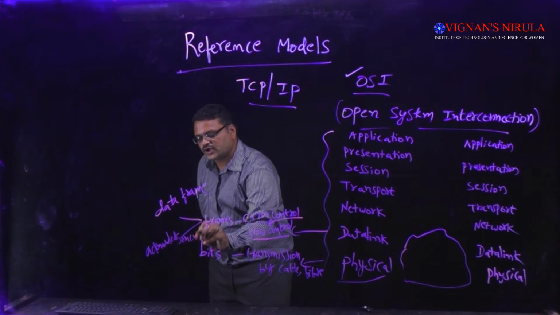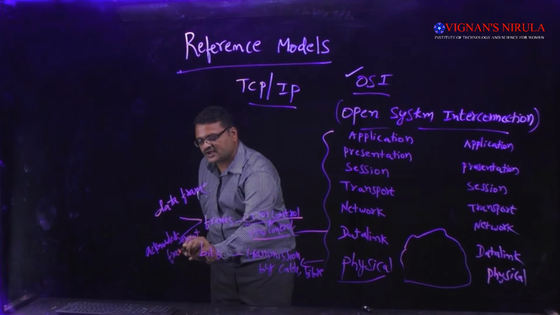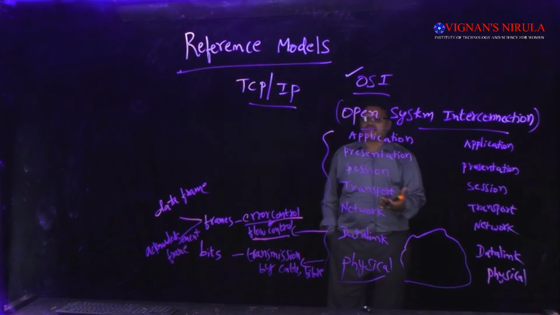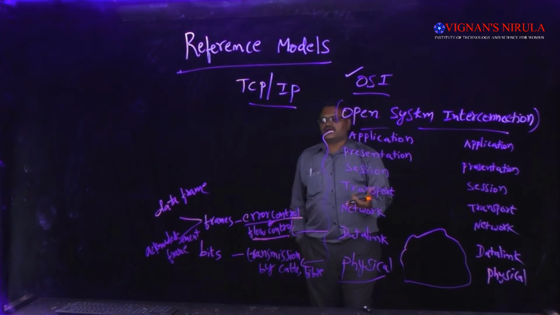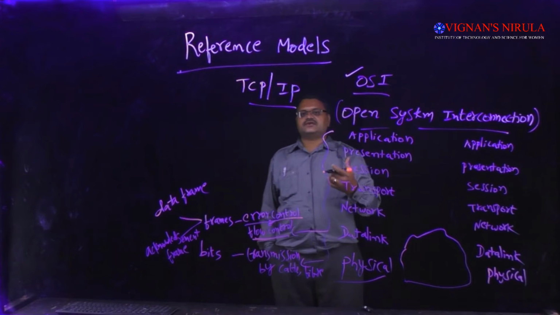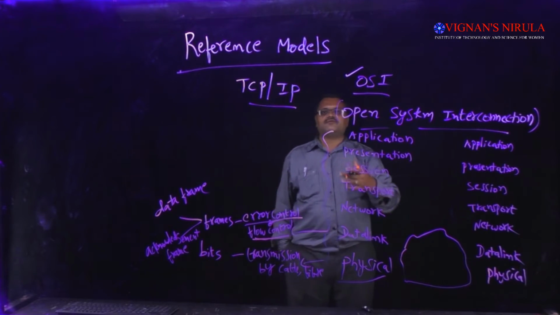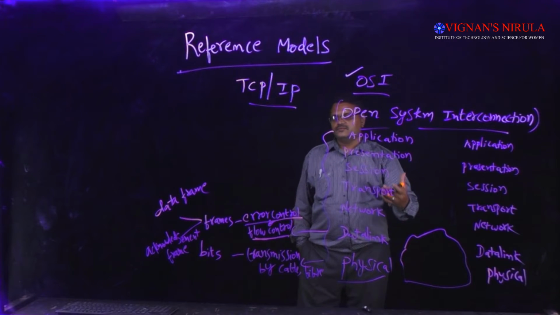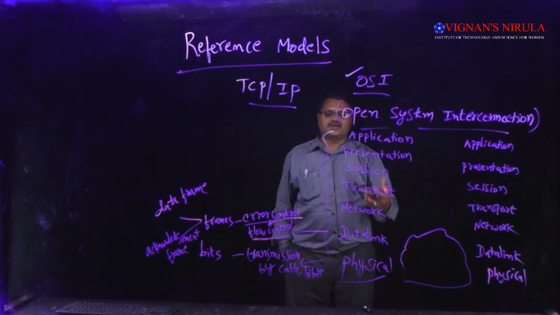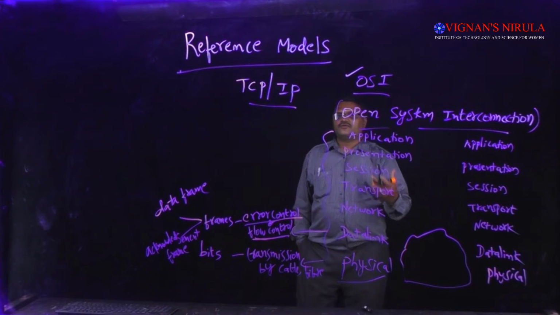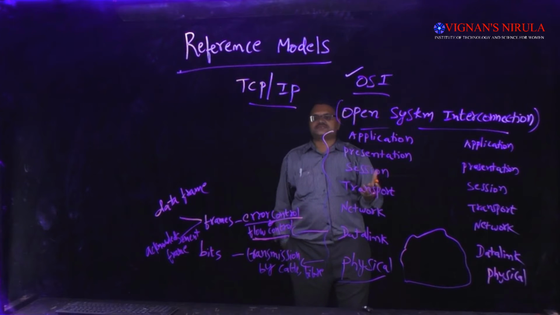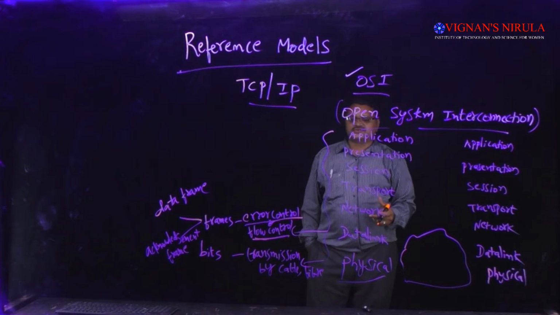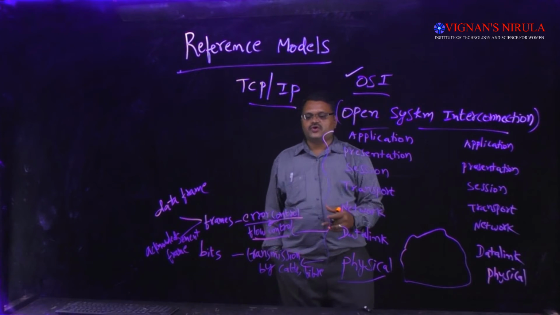Acknowledgement frame. Two types of frames are there. The data frame is the frame developed by the data link layer by putting the beginning and ending. The acknowledgement frame is received by the sender whenever the receiver receives the information successfully. That means reliability. So a reliable receiver will send the acknowledgement. Not all receivers will send the acknowledgement. Only a reliable receiver will send the acknowledgement back to the sender. So this is nothing but error control and flow control.